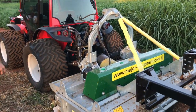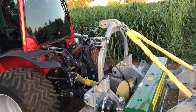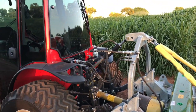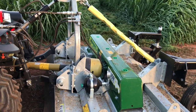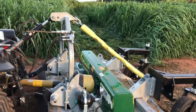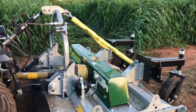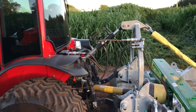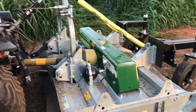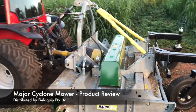If you're putting it behind a normal tractor, I don't think you need any modifications, but for what we're doing, we specialise in tractors and implements that work in this direction, and we possibly know a little bit more about it than other people do. So we think we've got some good ideas about this sort of thing. But we also want to talk about the product. It's quite a unique product because